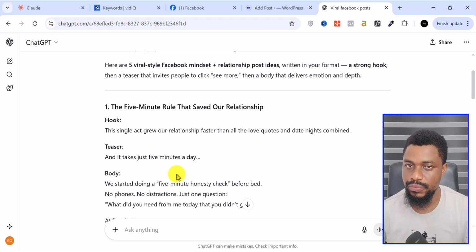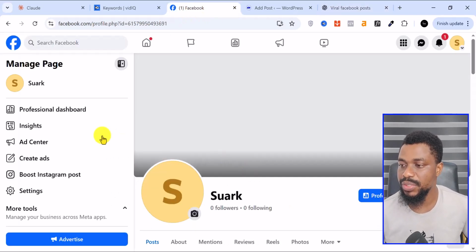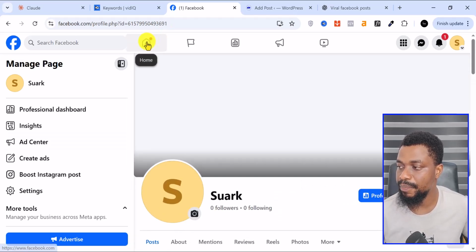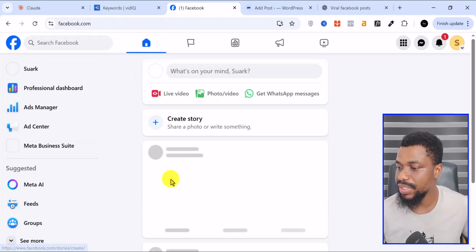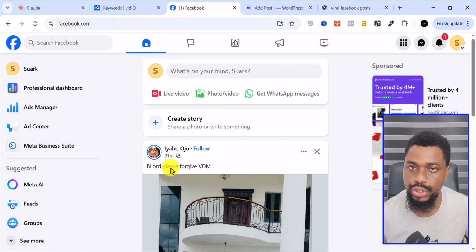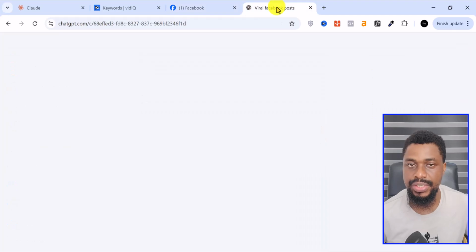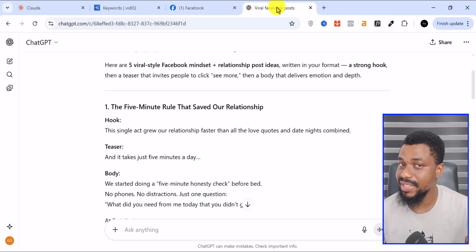We need to go to Facebook and we need to create a page to do this. Creating a page on Facebook is very, very simple. I already have this page that I want to use for these posts. All right. So I'm basically showing you now how you can create those kind of viral posts that you see on Facebook and monetize them immediately. So you do not need to wait for Facebook monetization. You can start monetizing immediately.